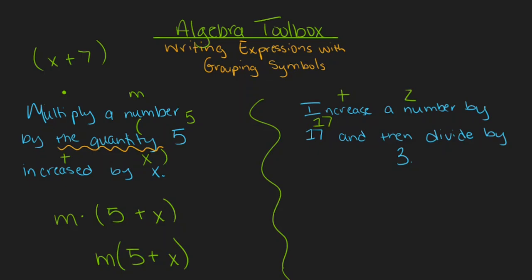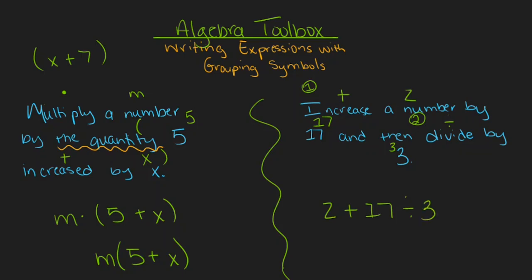And then, this is telling me the order of events. After I increase z by 17, that is when I have to do the next step. So I know that this part has to come first. All right, so I'll add z and 17 first, and then I have to divide by 3. That means this division has to happen second. So if I just write this expression in the order that we saw in our word problem, of course, changing the order of z and the addition to make a valid addition problem, I'll have z plus 17 divided by